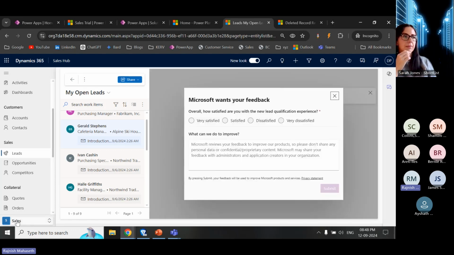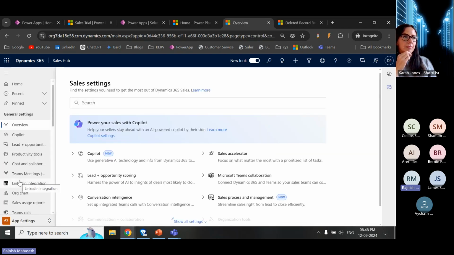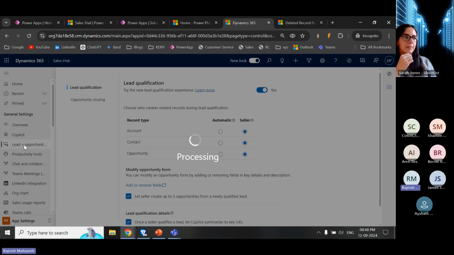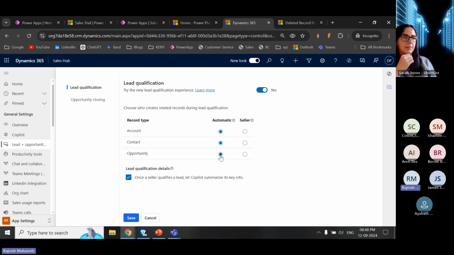We had one other option in the app setting, like instead of seller, we can make it automatic as well. So just click on the lead opportunity, and we are going to change the setting to automatic. Okay, lead qualification details. You can see some of the options are gone now. It will not allow you to create 5 opportunities at the same time, just one opportunity. But still the Copilot feature will be there. Click on save,